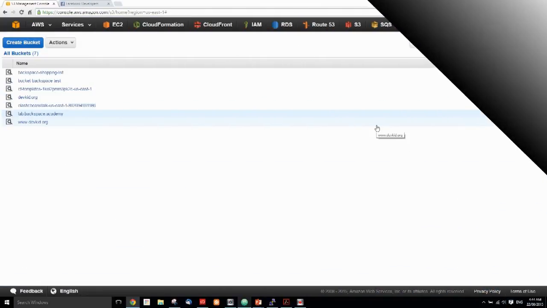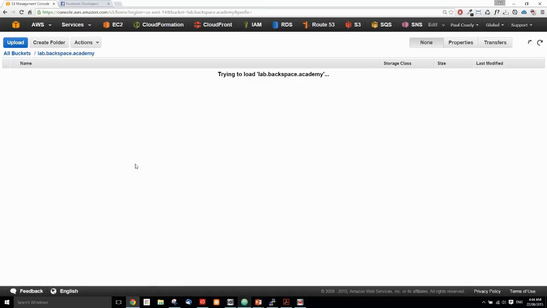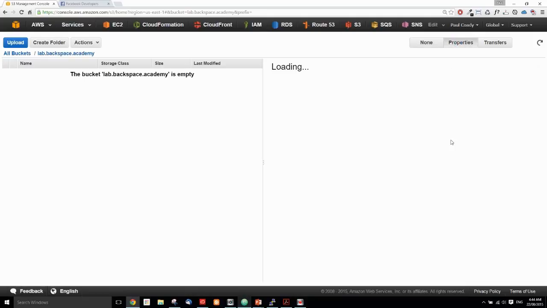devices are synchronized. The first thing we want to do is to create a bucket to host our web application on. So I've just created a bucket here, lab.backspace.academy. You would create a unique one in whatever name you would like. So we just go into that there, and the first thing we would like to do is to enable website hosting on this bucket. So we go into Properties,